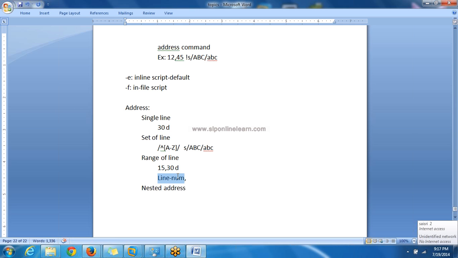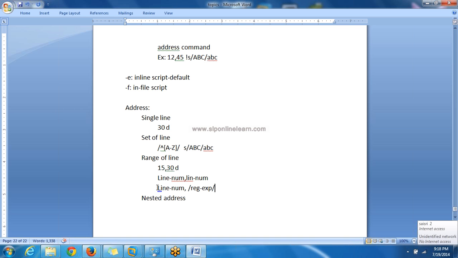Next one, the beginning one and ending one can both be line numbers. So this is one kind of range address. Another one is that the starting or beginning address can be a line number and the ending can be a regular expression. Whenever this regular expression match is found, it will stop executing the sed command.